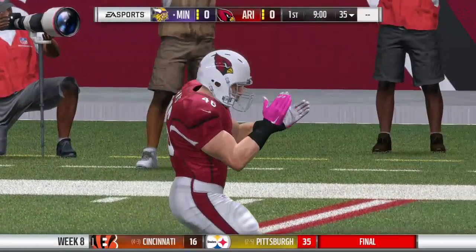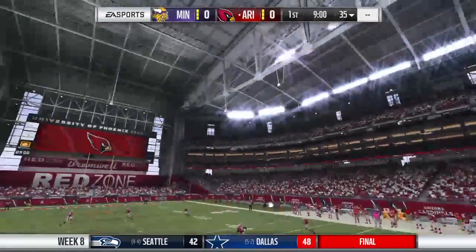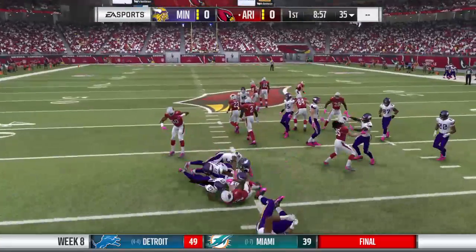First opened in 2000 Sona. Today we've got a good NFC matchup. And they're going to start this drive in pretty good shape as they get...